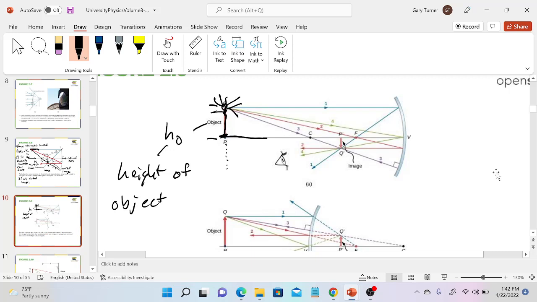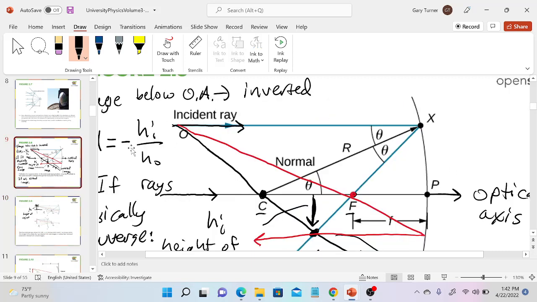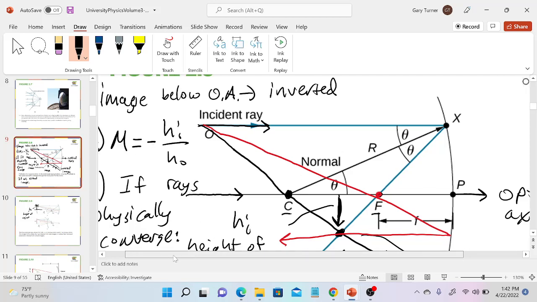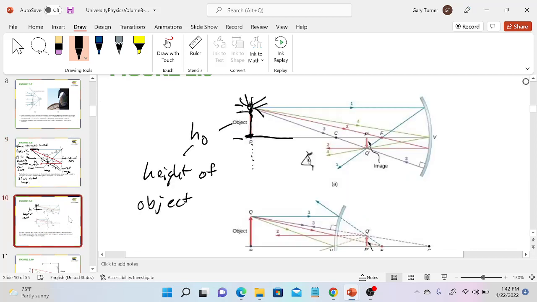And by the way, the minus sign in the equation for the magnification, what that means is that if the minus sign survives, then your image is inverted. And if the minus sign does not survive, then your image is upright. Okay. And so, with that in mind,